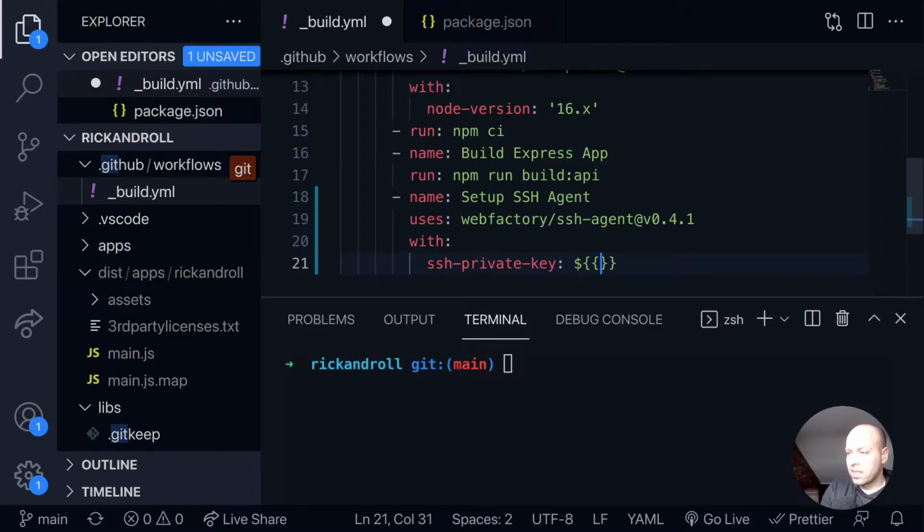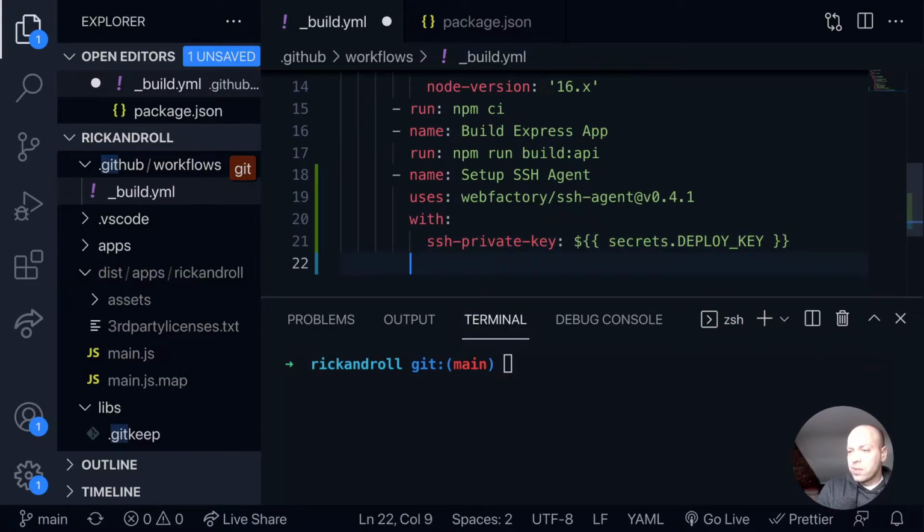And to do that within a GitHub action, it's a $, and then two curly braces, both opening and closing. And once you're inside of those curly braces, we can say secrets. And then if you remember, we created one secret yesterday called deploy key, and that was the actual SSH private key. So this is the format that you need to use to access those secrets within your GitHub pipeline code. Okay, so that will set up an SSH library for us that will enable us to actually connect via SSH